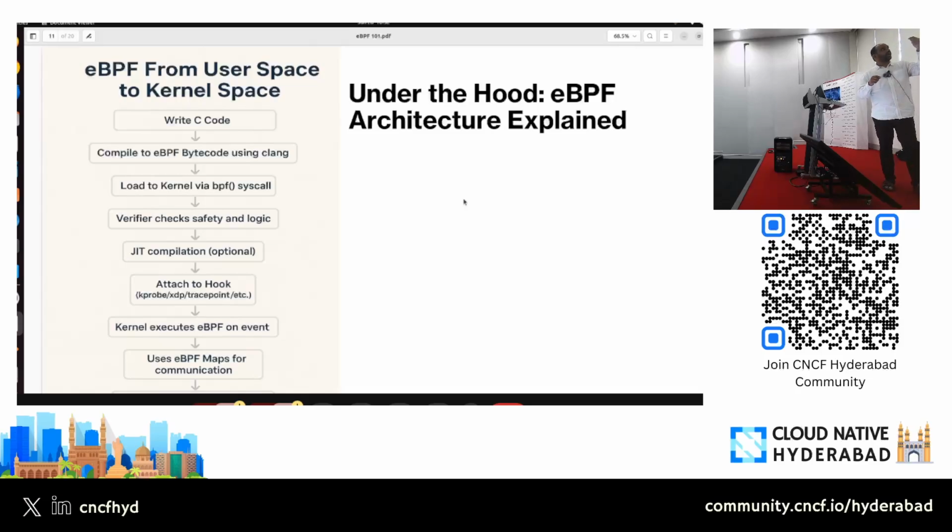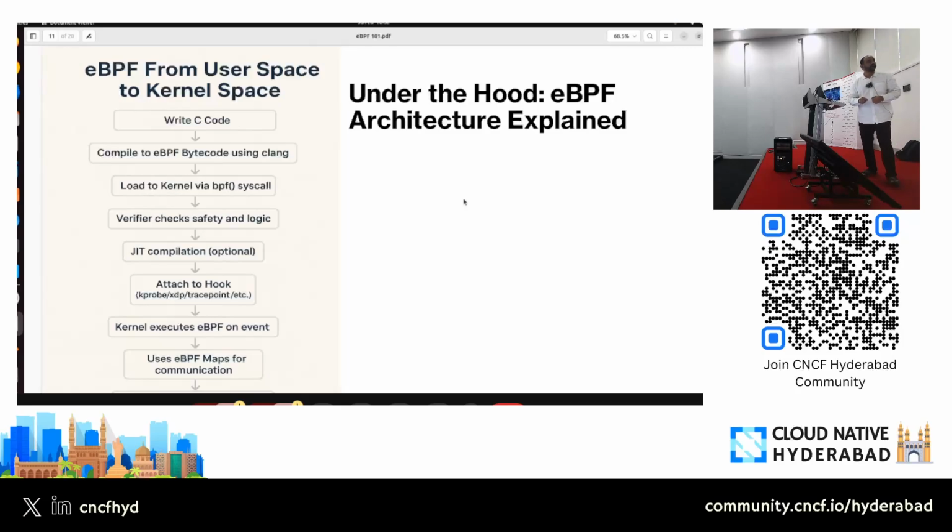Once you have the hook attached, there will be system calls. You can have n number of applications running. Whenever these applications trigger one of these hooks, then eventually your eBPF program runs, right?